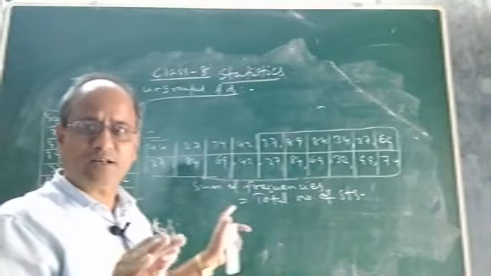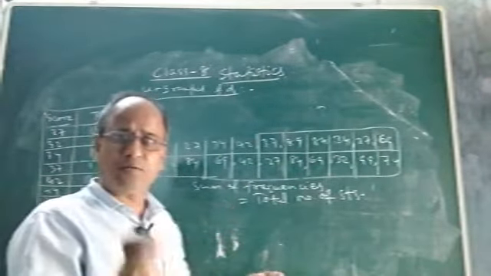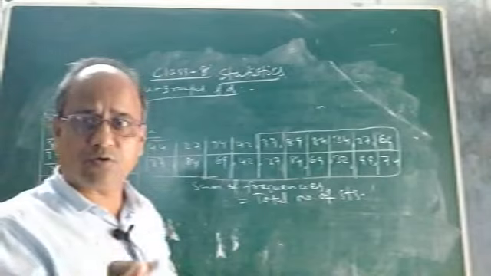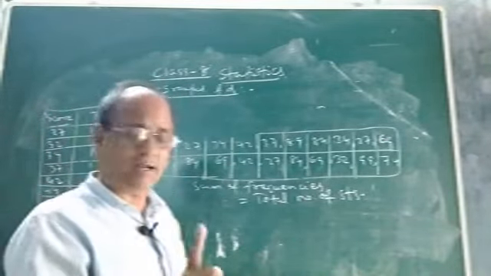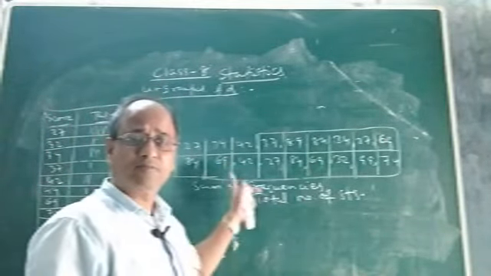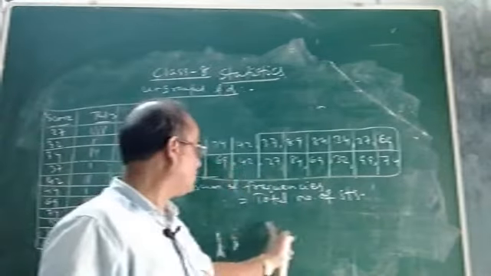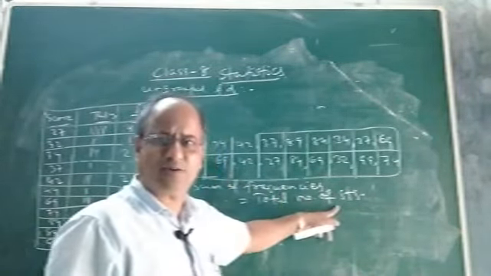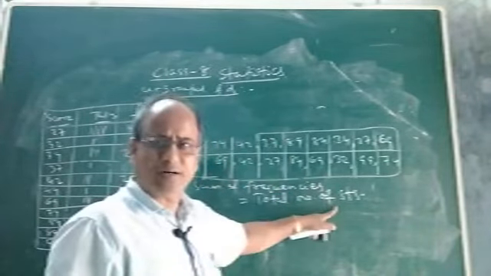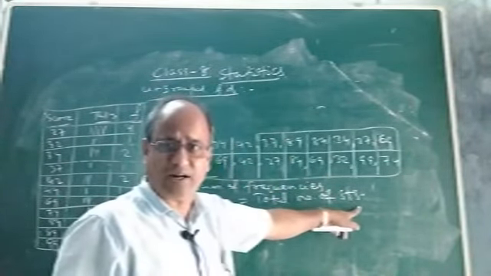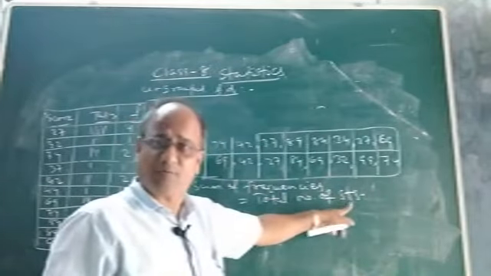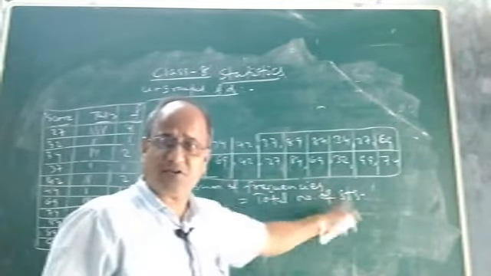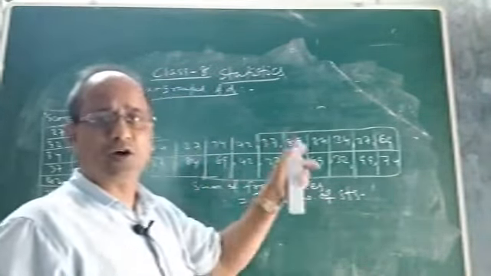Okay. So what I mean to say, children, while preparing a frequency distribution, may be ungrouped or grouped, always keep one thing in mind: the sum of frequencies will always be equal to the total number of observations, not students. In this example, it is given students. This is the marks obtained by 20 students, so that is why I have written students here. But it will actually be observations. The total number of observations will always be equal to the sum of frequencies.